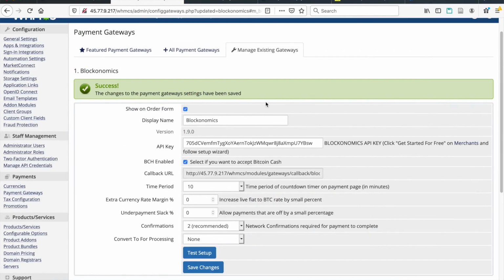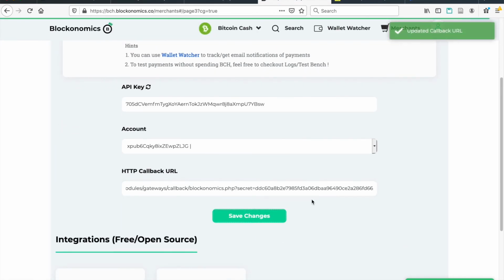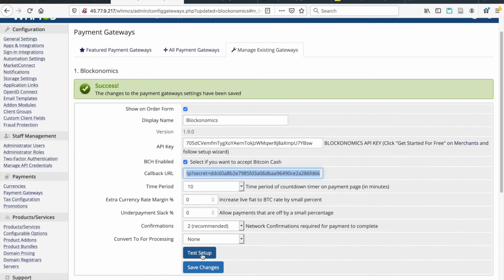Then head over to WHMCS, and take this callback URL, the callback URL right here, copy the full thing, go back over to Blockonomics, paste it in here, and then click on Save Changes. Then head back over to WHMCS, click on Test Setup, and there you go. You've got the Bitcoin Cash all set up to be accepted on your